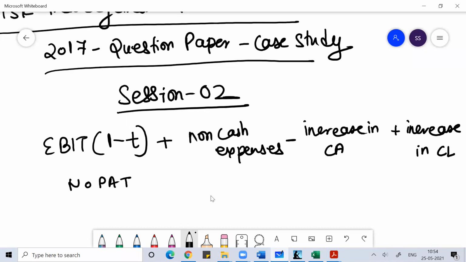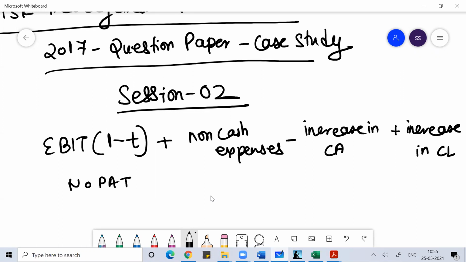You have to understand, if current assets increase, the cash of the company goes out, because current assets may be inventory, or prepaid expenses, bills receivable, whatever your current assets are. If you spend, or if you work on current assets, you are creating an asset for your company. Nothing in this world comes for free, so you definitely have to pay. If you pay, automatically the cash position of the company decreases.